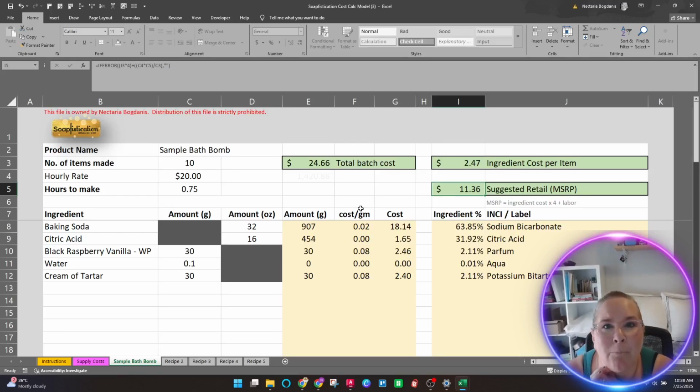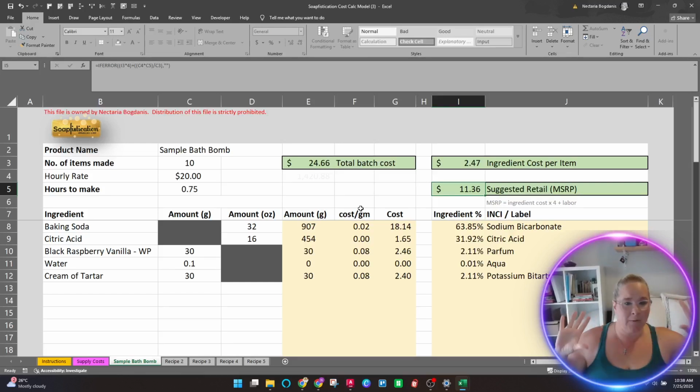But you can choose your own price. It doesn't have to be that. This is just what it's kind of coming out to be. But you could say, you know what, I'm in an area that's super ritzy with tons of tourists, and they pay tons of money for the product, so I'm going to charge $15 for my bath bomb. That's fine, that's your business and your choice. Or you could say, I'm in an area where nobody will pay that much for a bath bomb. Obviously, I made up these amounts, so this isn't really what it is. But you could say, I can't charge that much, so I'm going to charge $9 or whatever for it.